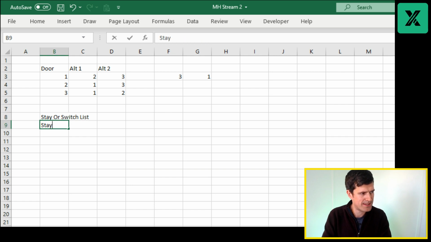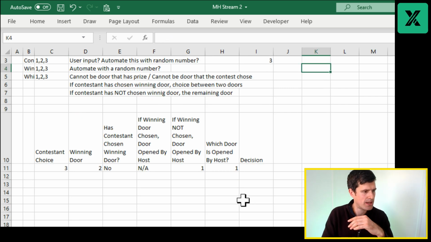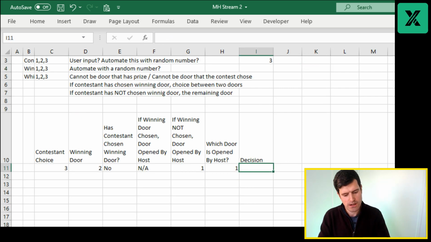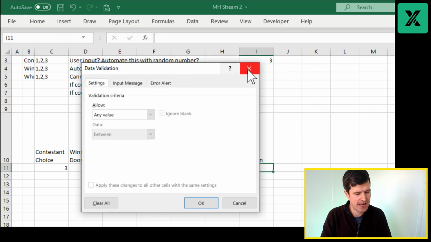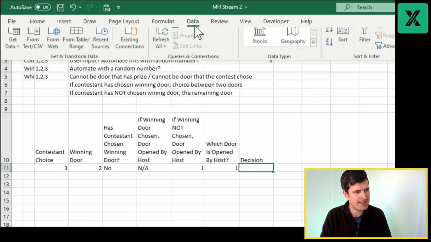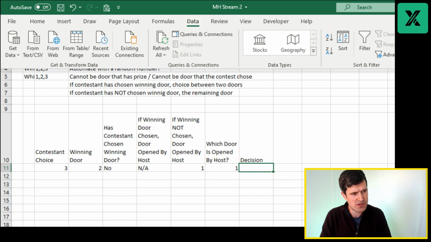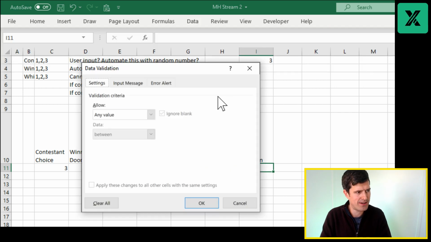And then we're going to say stay, and then we're going to say switch. Okay, we're going to use these values in a drop-down menu. Alt-A-V-V on the Windows PC, Alt-A-V-V. Or you can go to data validation just outside of your screenshot, and then data validation will take you to